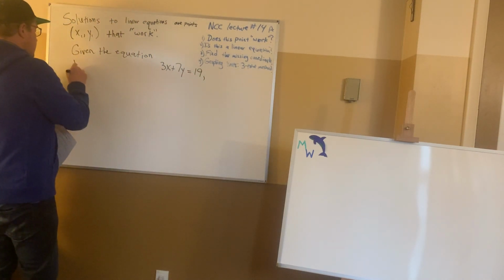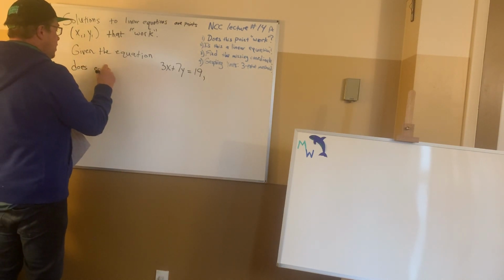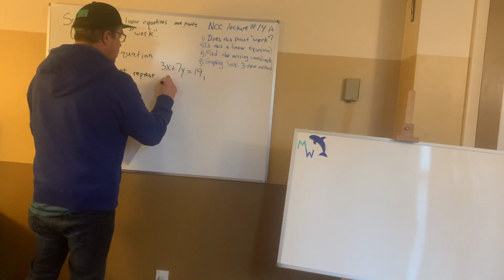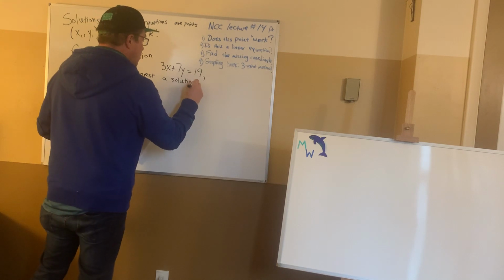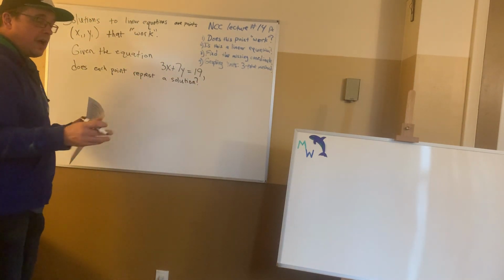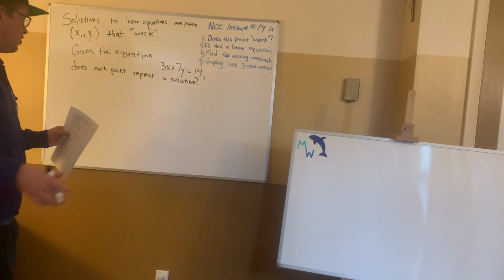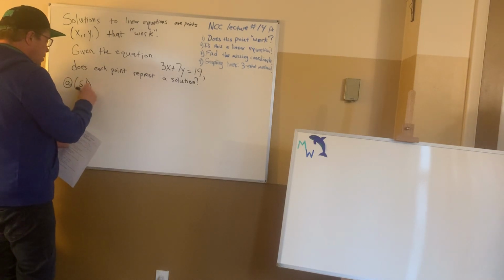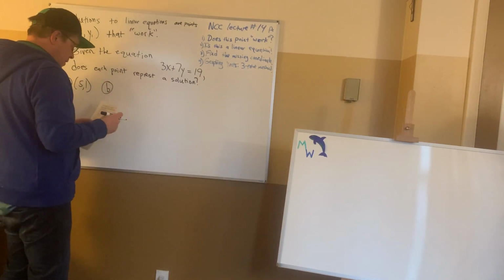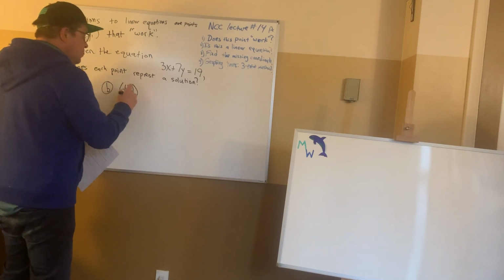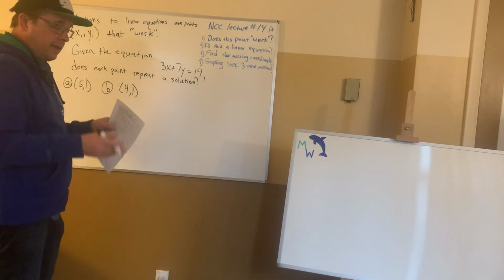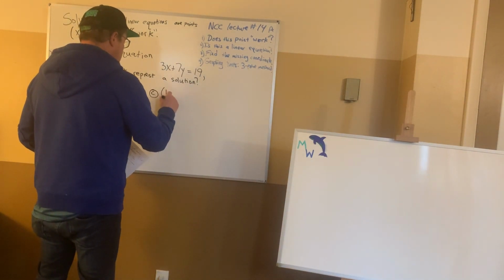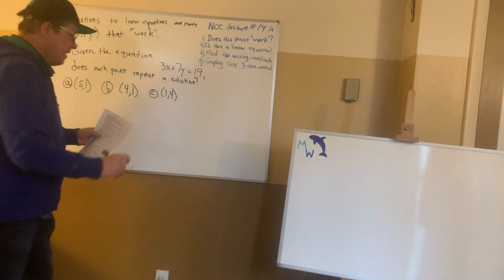Does each point represent a solution? I'm going to give you 4 points that we're going to try. I've spread them out and mixed them up so they do a good job of helping you out with this. Point A is going to be (5,1). Point B is going to be (4,1). Now that's an ordered pair, which means the x is first and the y is second, comma in the middle, parentheses on both ends. C, (1,4). And D,